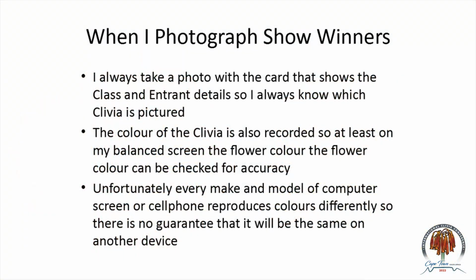When I photograph show winners, I always take the photograph with the identifying card with all the entry details on. This gets clipped onto the pot. It's called a plamp. Card goes in there, so I photograph it with the card, and then I photograph it without this. And the reason for that is, over the years I found that when recording, whether it was myself